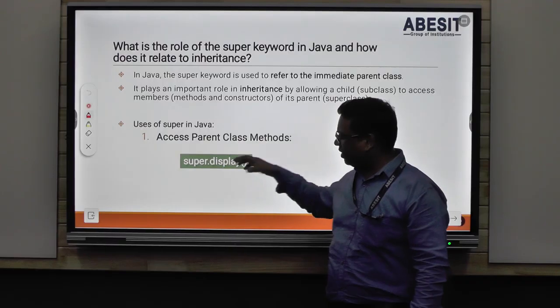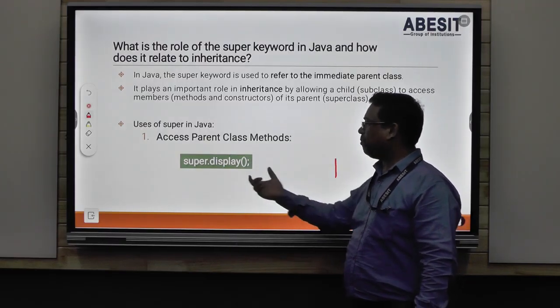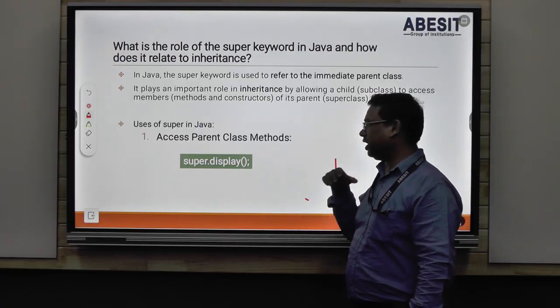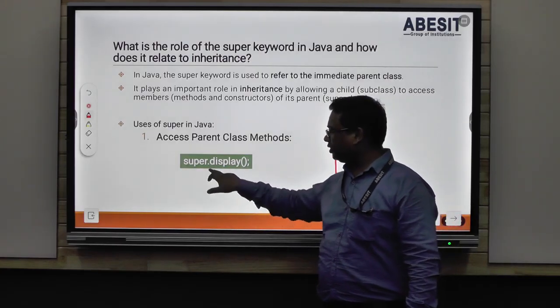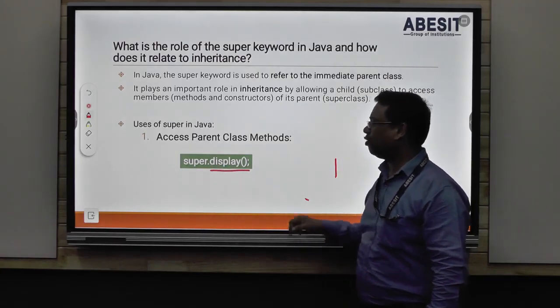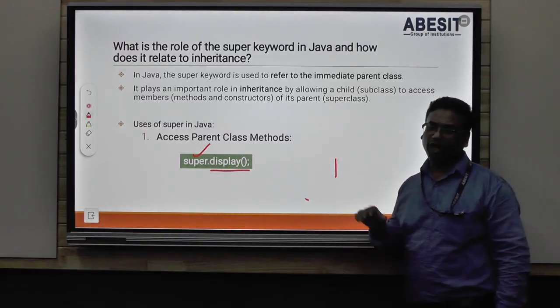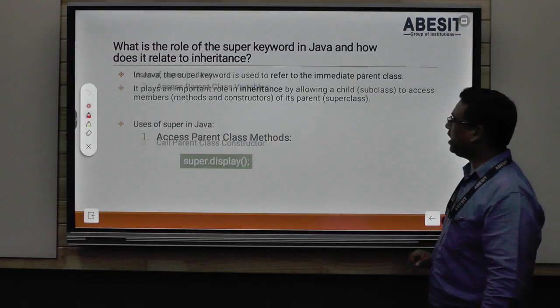Say we have a parent class, and here we have defined a method named display. A child who inherited the parent class can access its display method via the super keyword, by super.display. It calls the display method from the super class. Next,